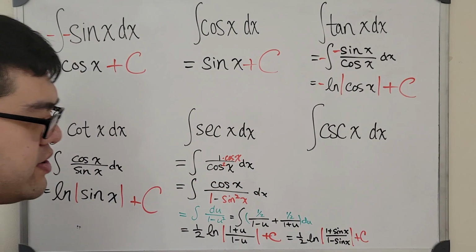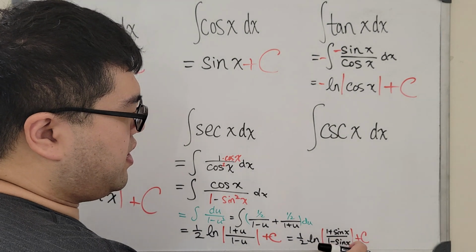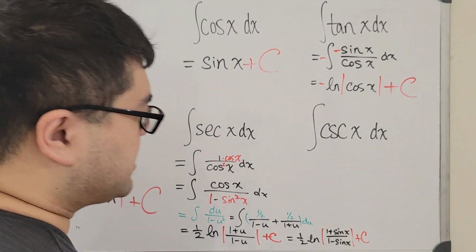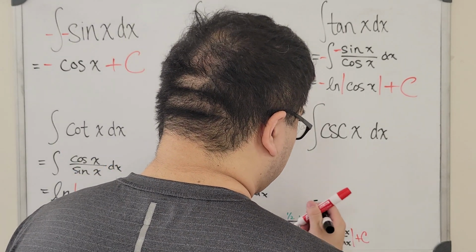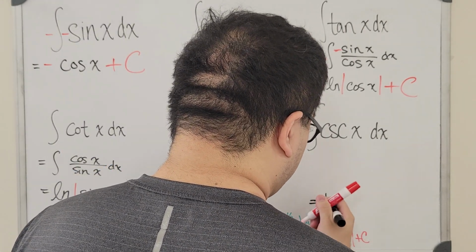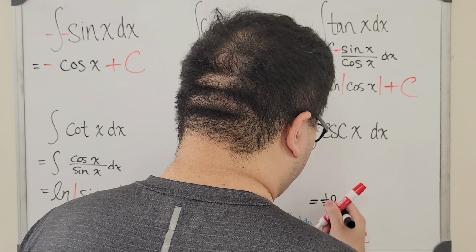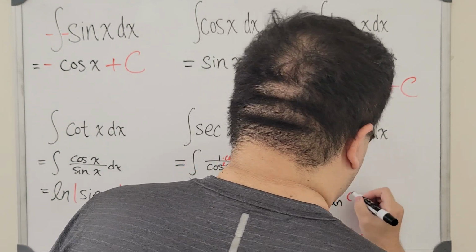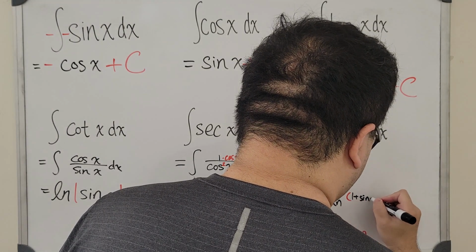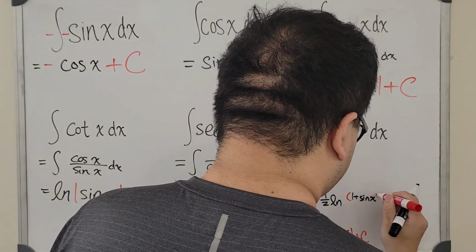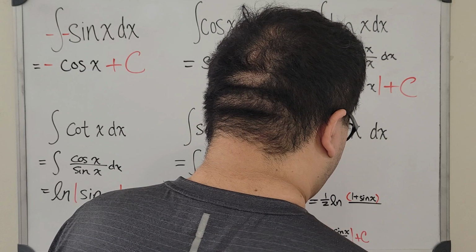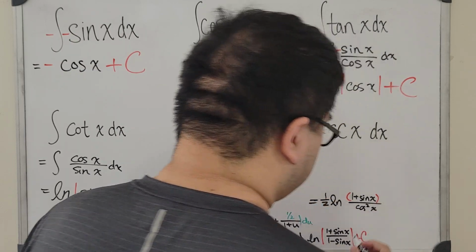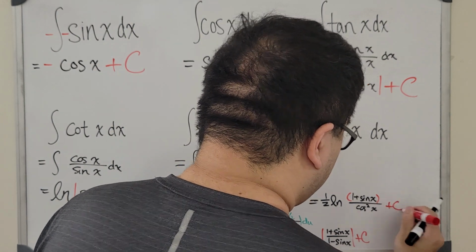And of course, we can try to simplify it by multiplying both top and bottom by 1 over sine of x, to give us 1/2 of ln of 1 plus sine of x all over, here we have cosine square of x, and then plus c